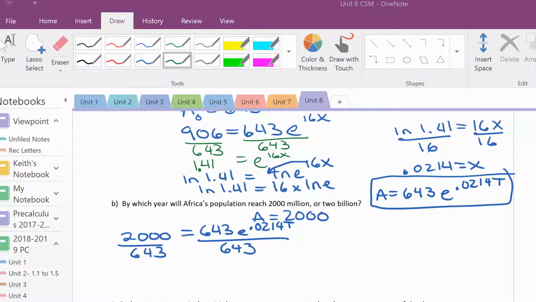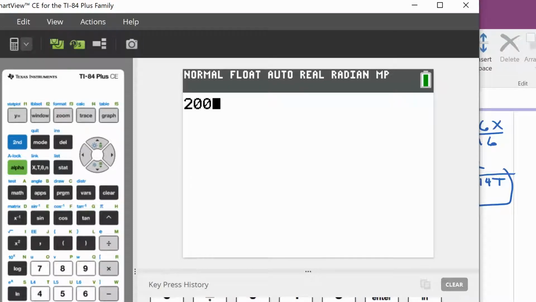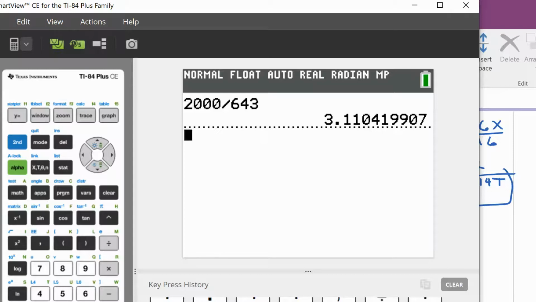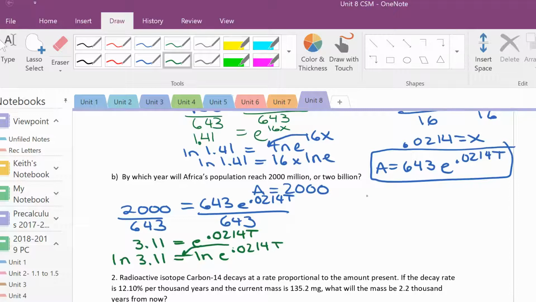So we take 2,000 divided by 643. So we get 3.11. And then we take the ln of both sides. And we roll this to the front. So we get ln 3.11 equals